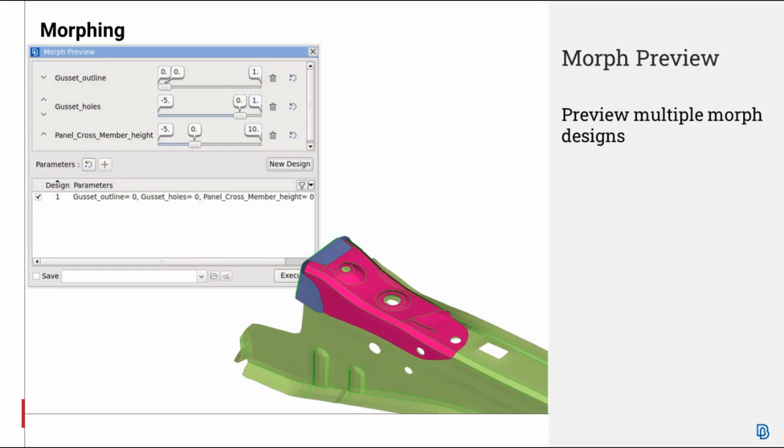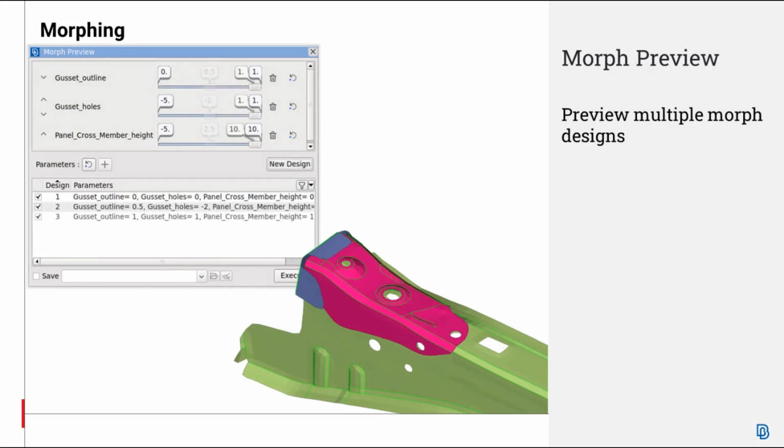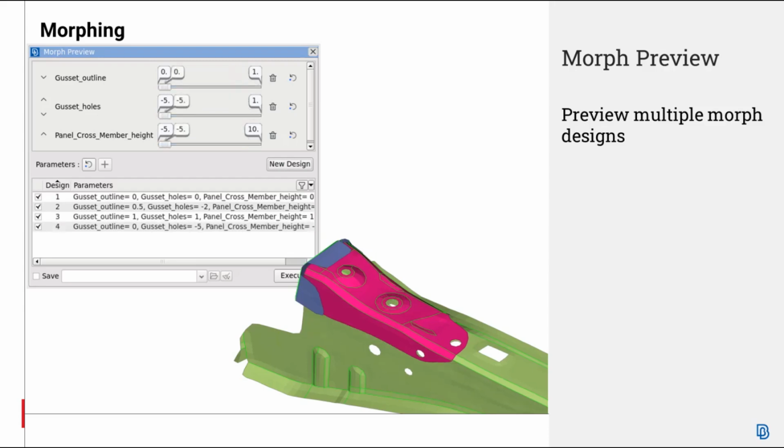Morph parameters can now be previewed one by one or as a combination, allowing the users to investigate multiple designs of their model. The order of the running parameters can be modified, and different values can be applied directly on the new interface of the Morph Preview tool. Moreover, the created designs can be saved as UNSA files in order to be investigated in more detail. This tool can be accessed from the context menu of the parameters list.